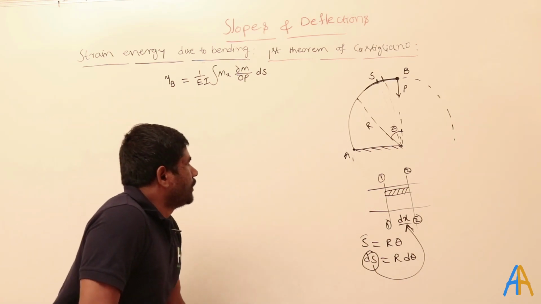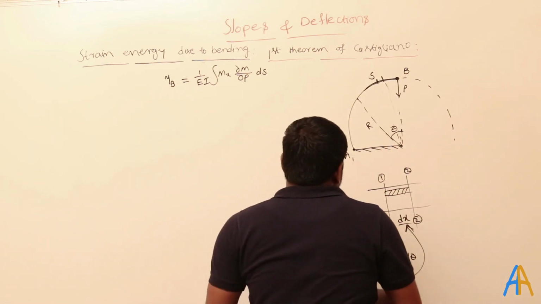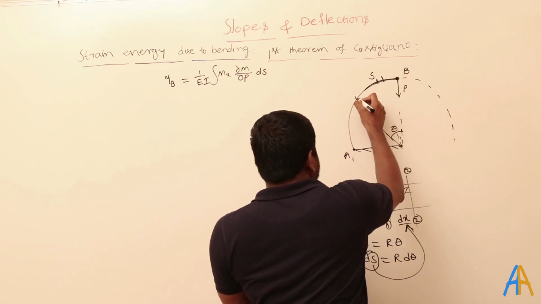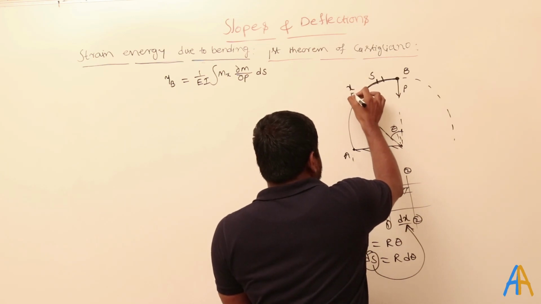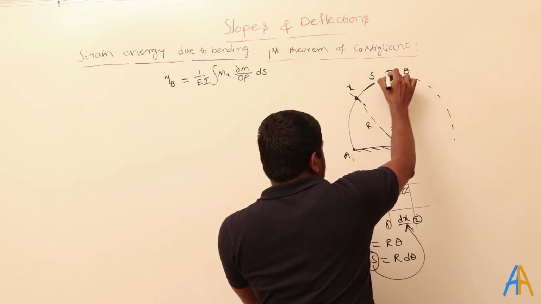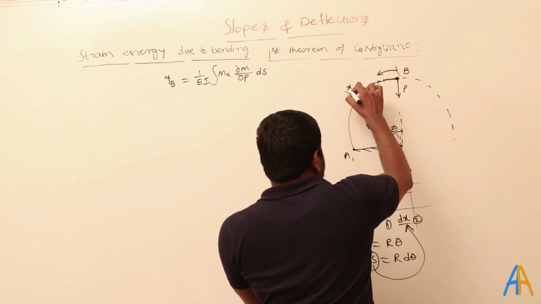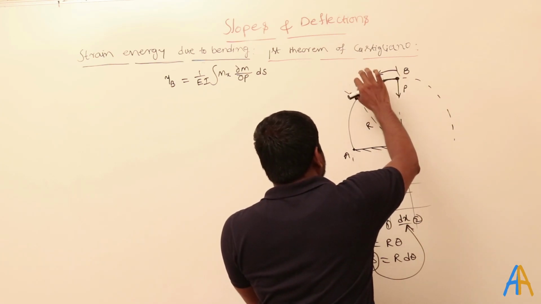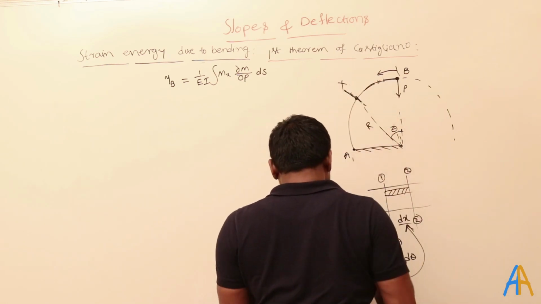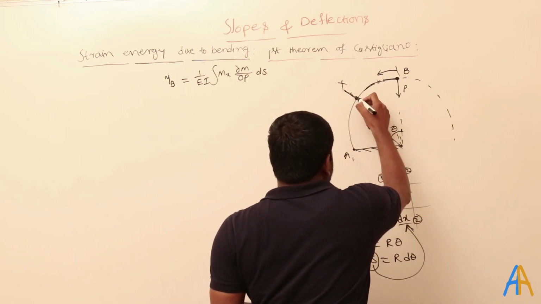Understood? Another important thing that we need to find out here is the bending moment. So how do we find the bending moment? For example, if I take any section x here, coming from the point B, I want to find the bending moment at the section x. You can also call it section AB or section 1. So at this section, how do we find out the bending moment?